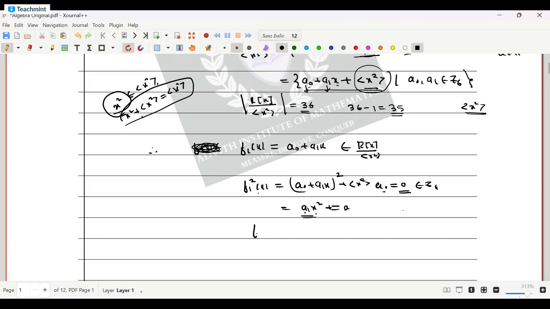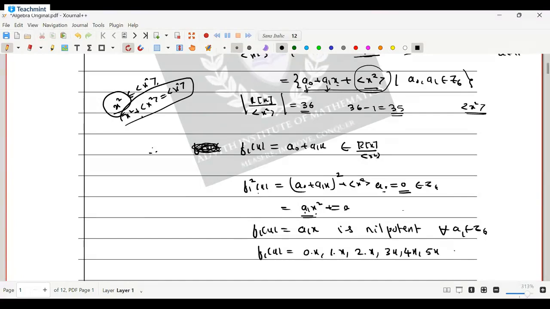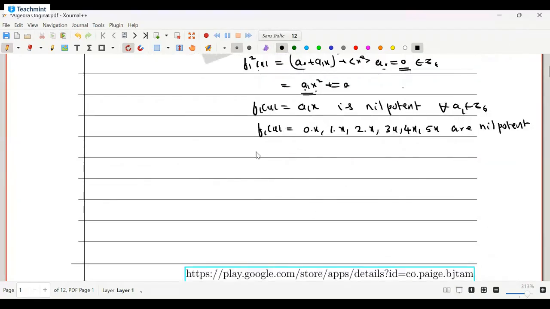That means f1 of x equal to a1x is nilpotent for every a1 belongs to Z6. So therefore substitute it. f1 of x equal to 0 into x, 1 into x, 2 into x, 3 into x, 4 into x and 5 into x are all nilpotent. Okay, suppose a naught is not equal to 0,